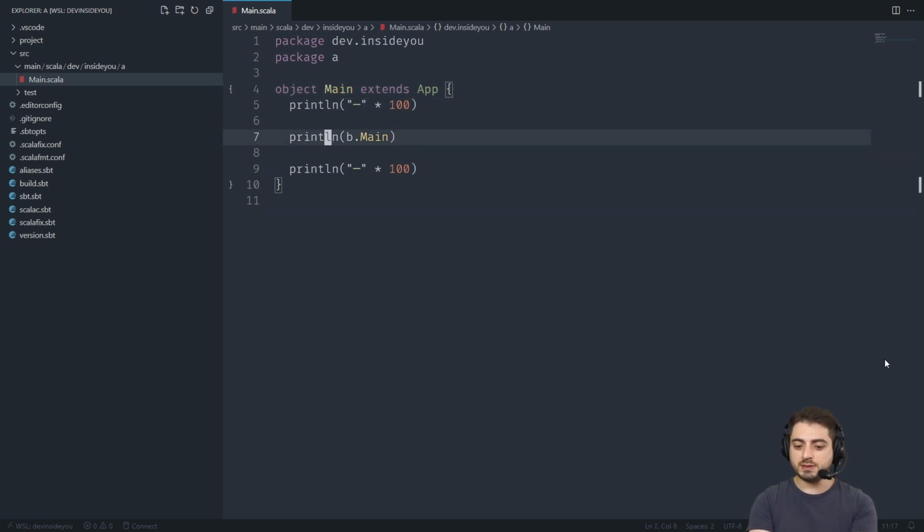Okay, so we're simply going to print out whatever the toString is for a Scala object. By the way, fun fact, in Scala 3, this would actually run the main, and I have no idea whether it's a bug or a feature. This is enough for now. Let's just open the build file.